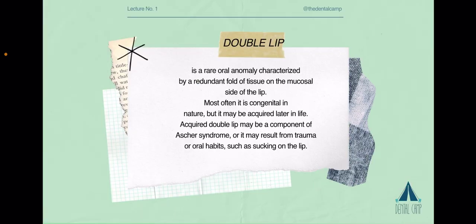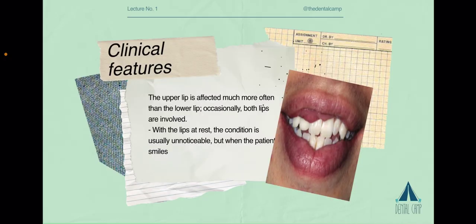Double lip is a rare oral anomaly characterized by a redundant fold of tissue on the mucosal side of the lip. Most often it is congenital in nature, but it may be acquired later in life. Acquired double lip may be a component of Ascher syndrome, or it may result from trauma or oral habits such as sucking on the lip. Clinical features: the upper lip is affected much more often than the lower lip. Occasionally, both lips are involved. With the lip at rest, the condition is usually unnoticeable, but when the patient smiles or when the lips are tense,